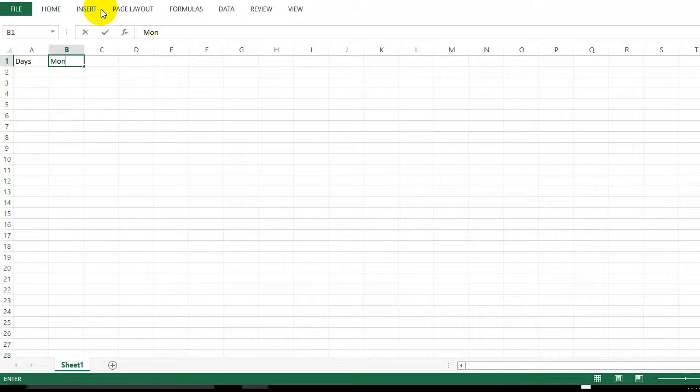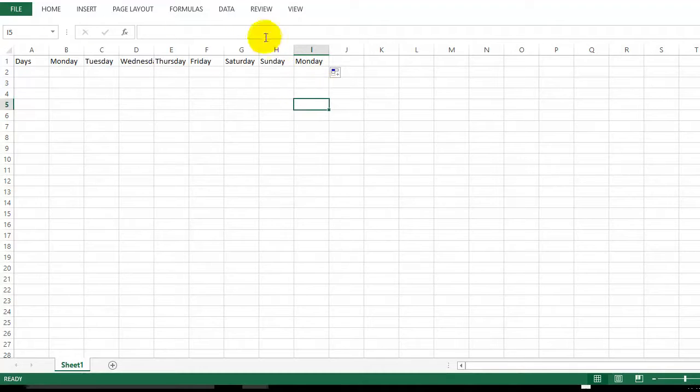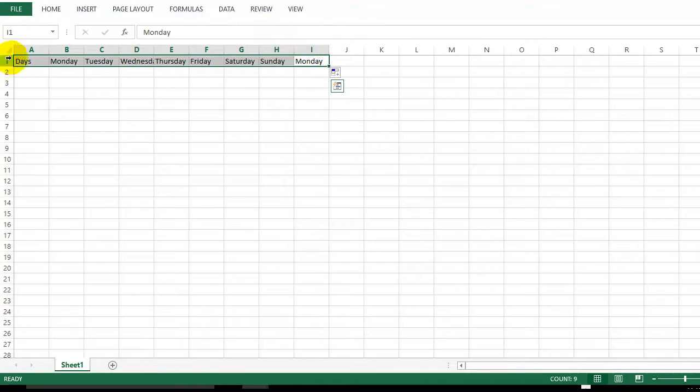I type Monday, Tuesday. Now I'm going to use this plus icon to get the other days. Once it is done, I'm going to copy all this text